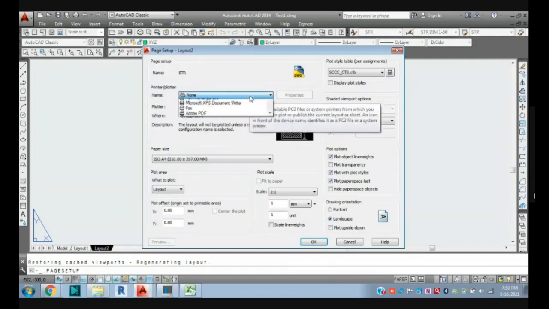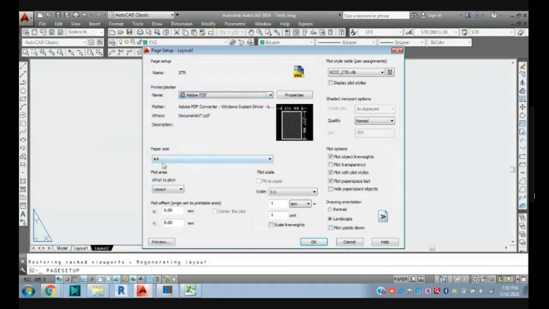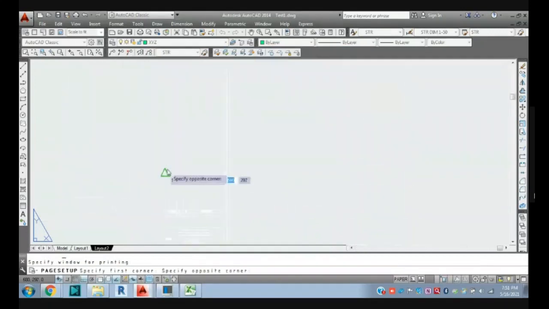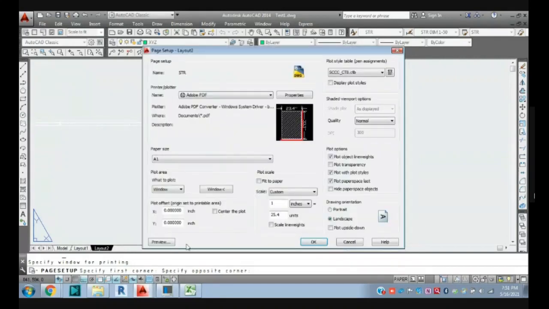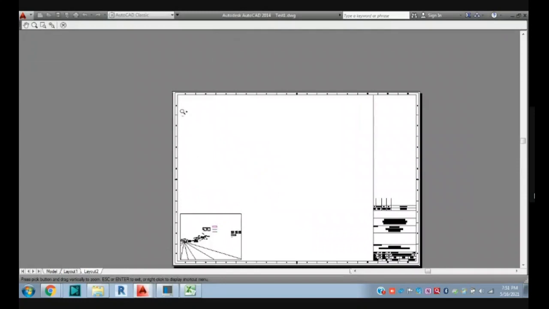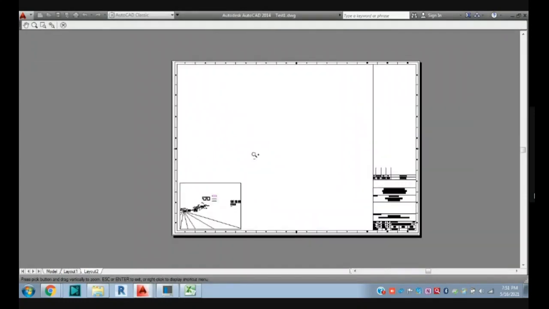I will give PDF, and I will go with the A1 paper size, and I will use the window. I will give the first point and second point for this template and check the preview. So you can see my page setup has been set as per my template.